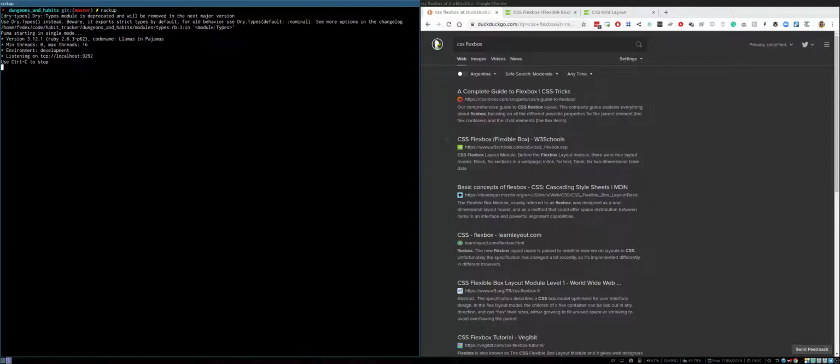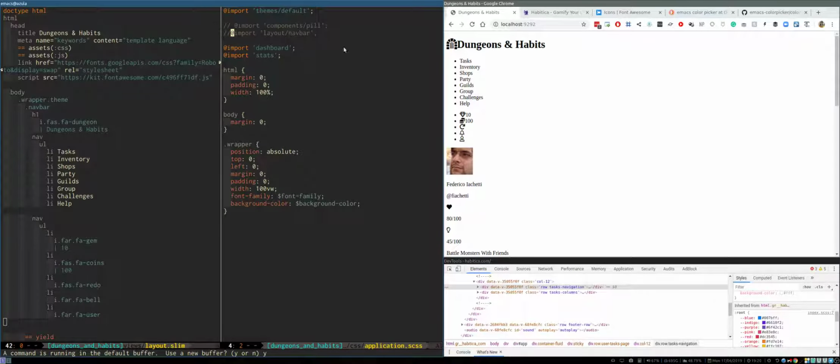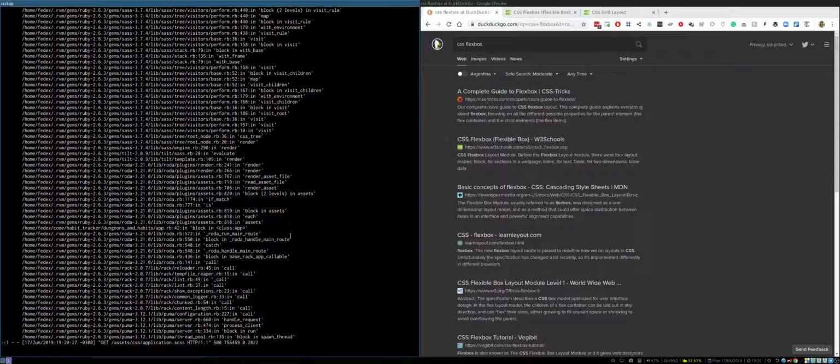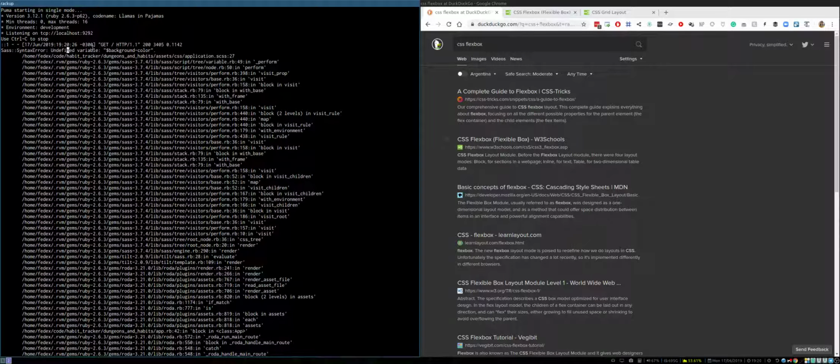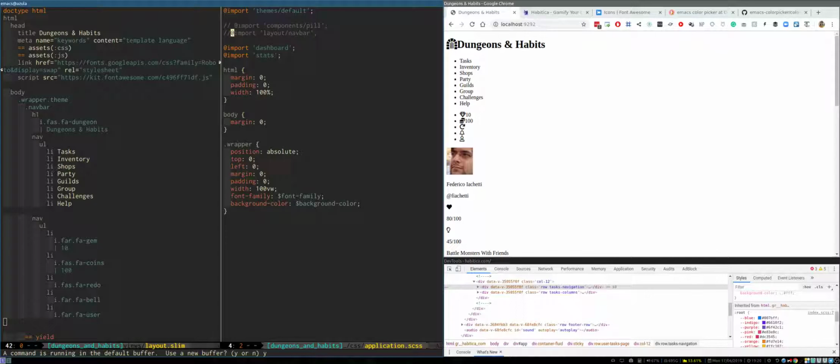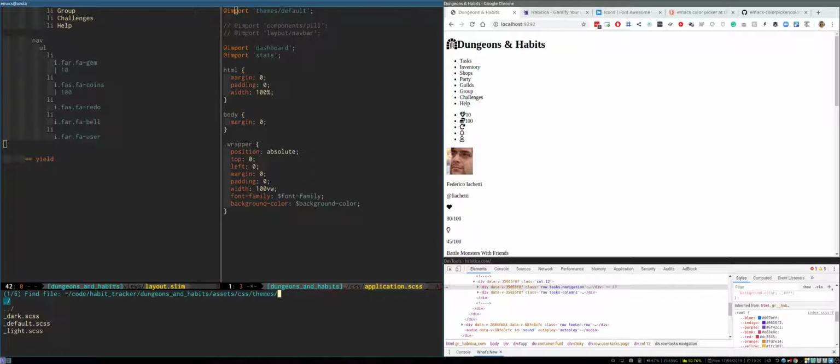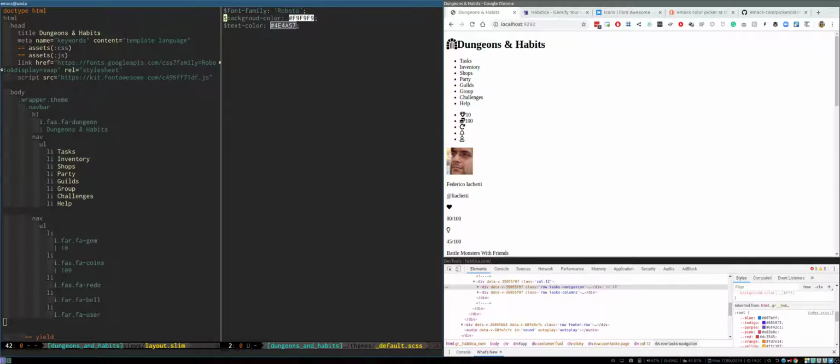Okay, back up again. Let's try it. Undefined variable background color. Why is that? Let's open theme default background color should be